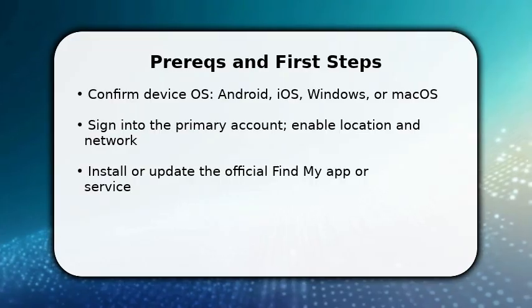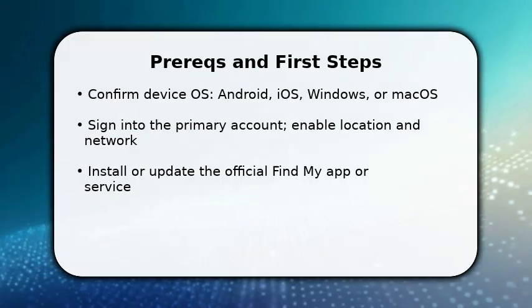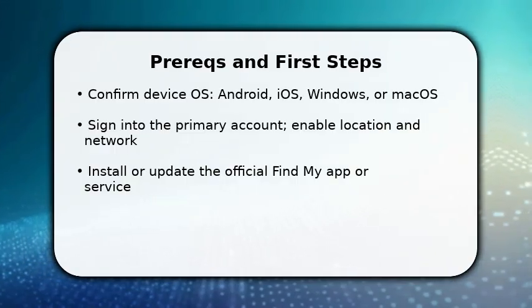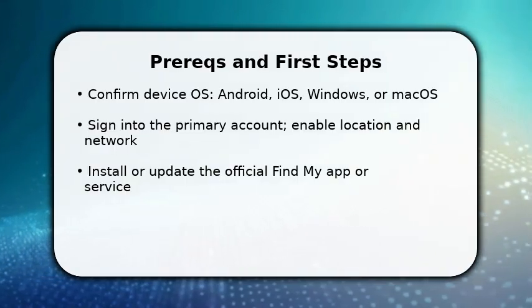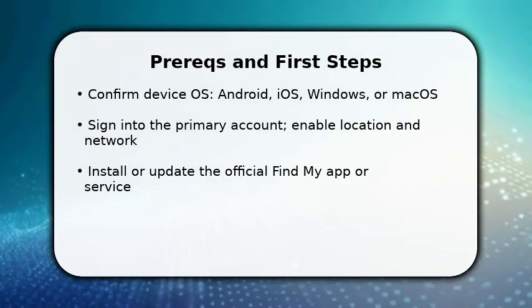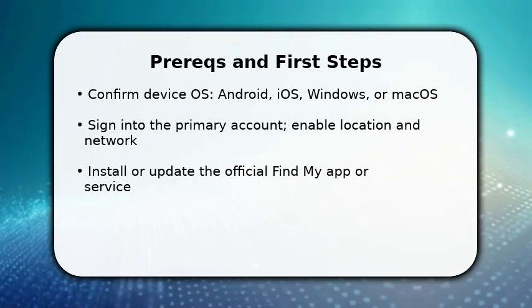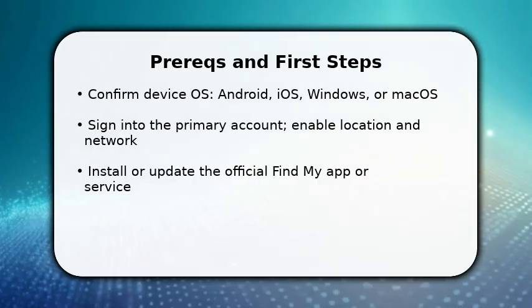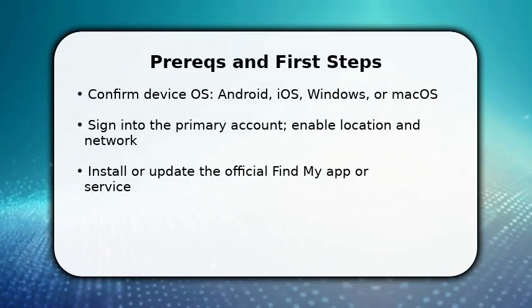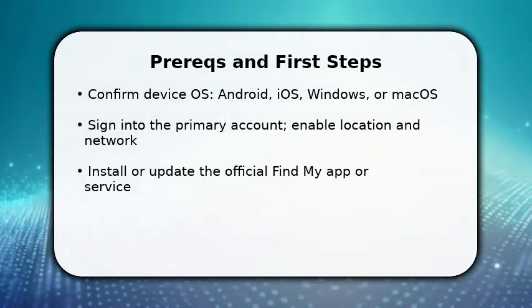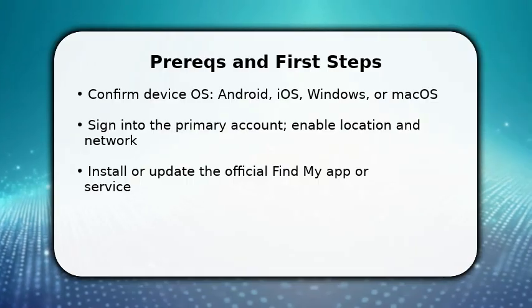You start by confirming prerequisites. Make sure your device runs a supported OS and that you are signed into the account you'll use to locate it. Enable location services, Wi-Fi or mobile data, and device-level permissions for the Find My service. Once done, open the official Find My app or settings page and install updates if required. This early setup matters because accurate location and account linkage are what allow remote commands like ring, lock, or erase